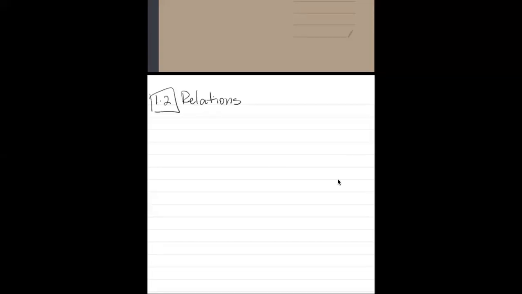Section 1.2, relations. We'll start with a definition of a relation. A relation is a set of points on the plane. So for example,